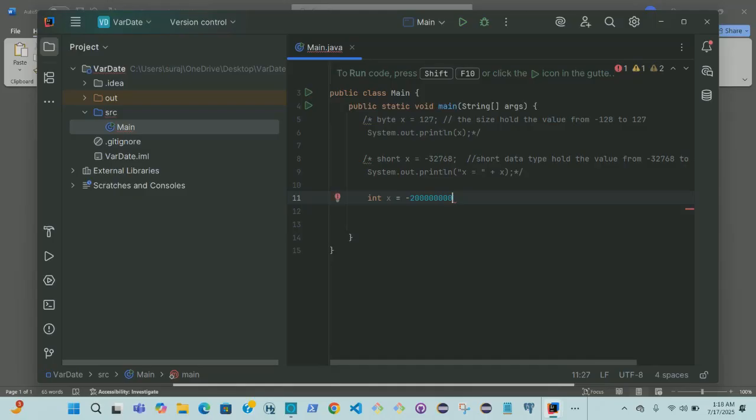Yeah, we can say, you see here, 1, 2, 3, 4, 5, 6, 7, 8. We need 1 0 here. But if you add one more, no, you can't. Okay, so let's say from negative 2 billion to positive 2 billion. 2 billion, not less than 3 billion. It holds that value. You know, we can say int holds